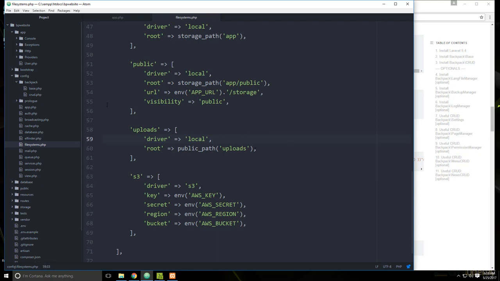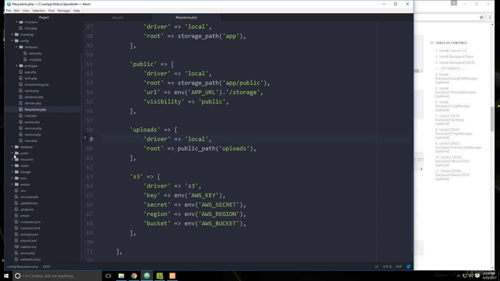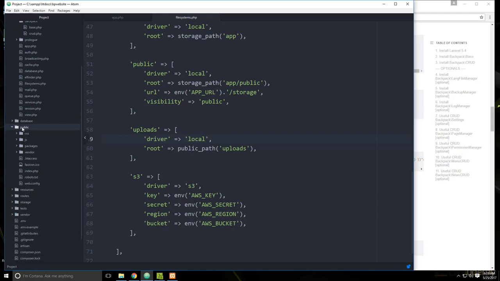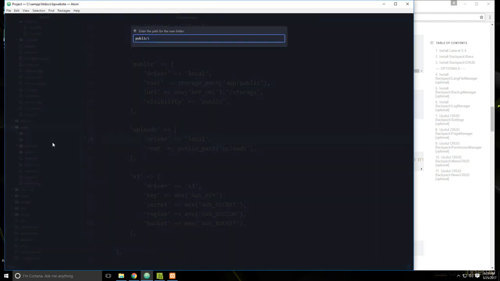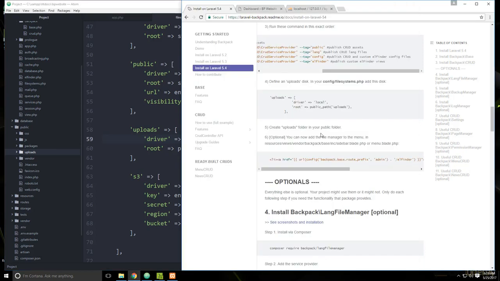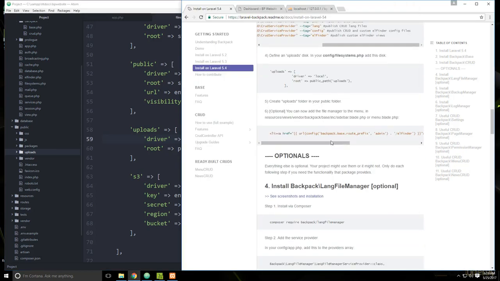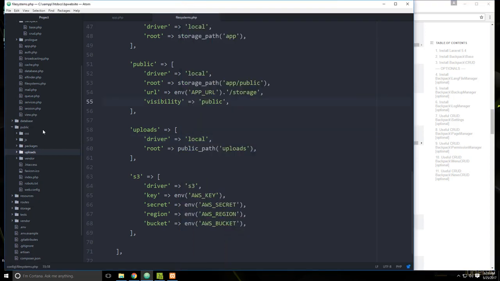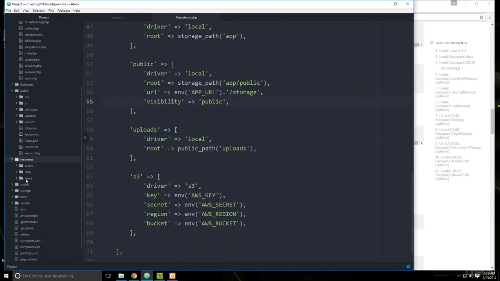So let's save this, and then we're going to go over here to our public folder and create a new folder called uploads. Alright, and that's where all the uploads will go. Now if we want to add a link to the file manager in our back end, we can do that. Let's just grab this list item here with the link, and then we're going to go to our views folder, resources, views,